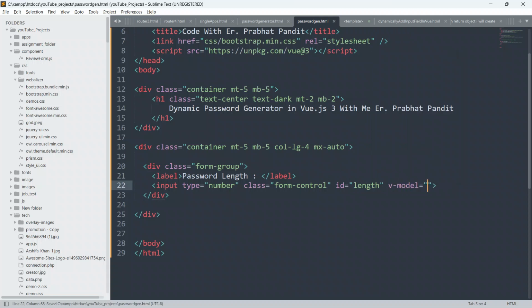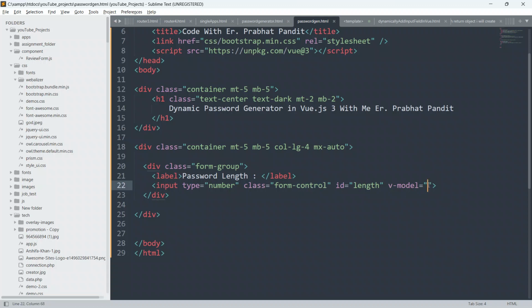So guys, I have explained to you many times in my previous videos why we use v-model in Vue.js. Whenever we work with the form, whenever we work with the user inputs or user values, we have to work with the v-model, okay. And v-model is used for two-way data binding, okay. Guys, always remember, v-model is used for two-way data binding from these input fields to our Vue.js instance, okay. So guys, now we have bound these input fields to the Vue.js instance by using v-model, okay.